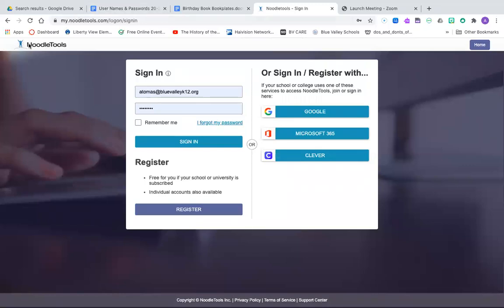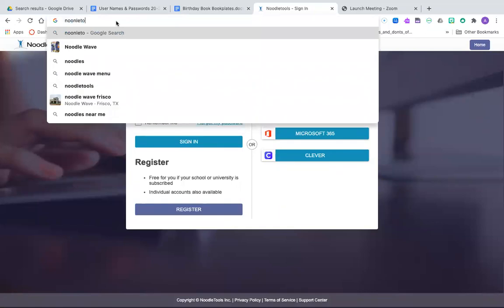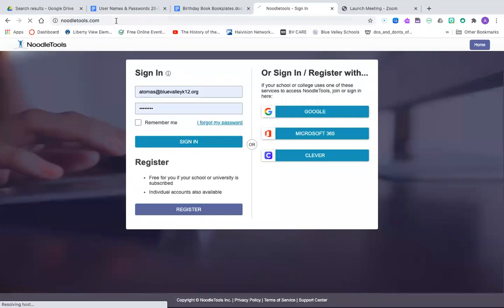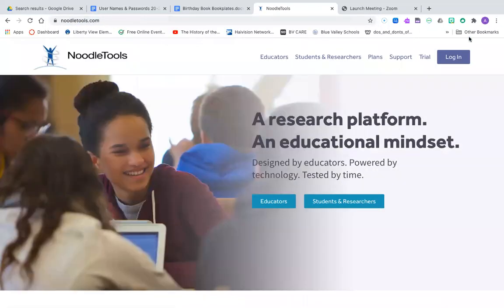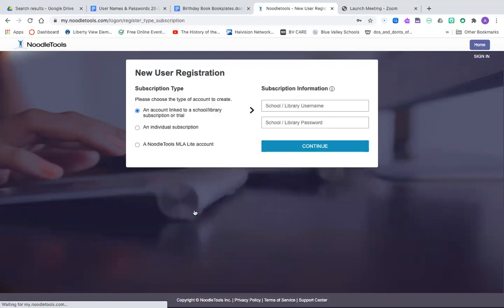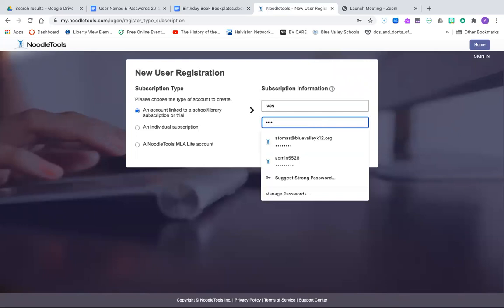noodletools.com to the home page, okay? So we just type that in. And I'm going to ask for you to just register and log in your account. So you'll go to login, remember, and go down to register. And remember, for the library name, lowercase LVES, and your password's going to be research, okay? LVES, research,